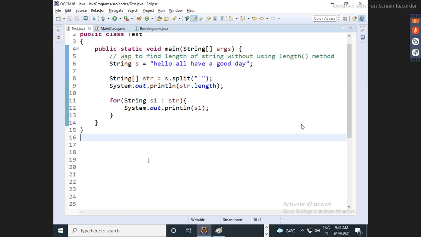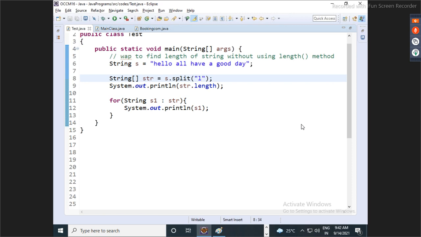Okay. So guys, now you people tell me what will be the output now if I split this string by L. Till now I split it with space.